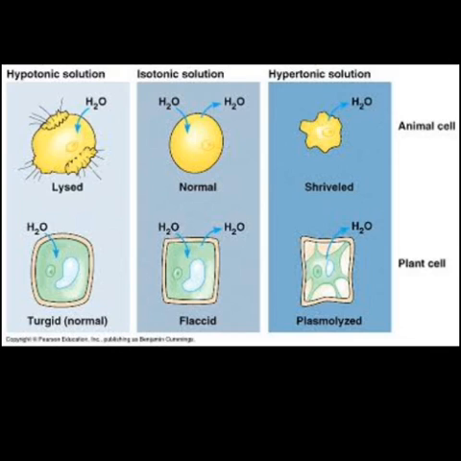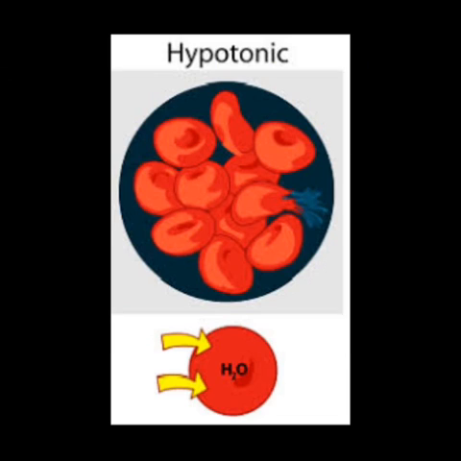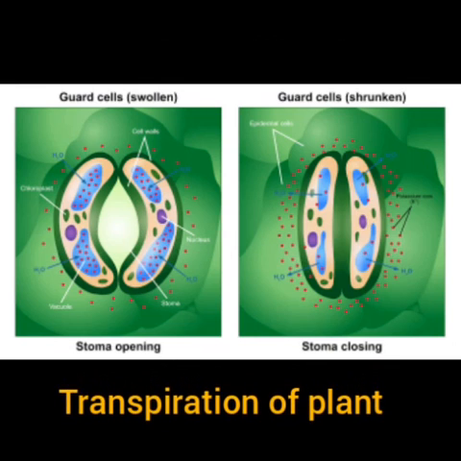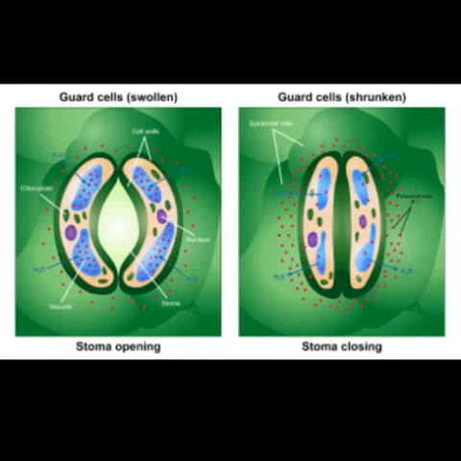How? There is an example that can make you understand better. As we all know, epidermis is the layer present on the leaf. It has stomata. Stomata are basically the pores which help in transpiration of the plant and many other functions as well. So these stomata that are present on the epidermis of a plant are basically surrounded by the guard cells.